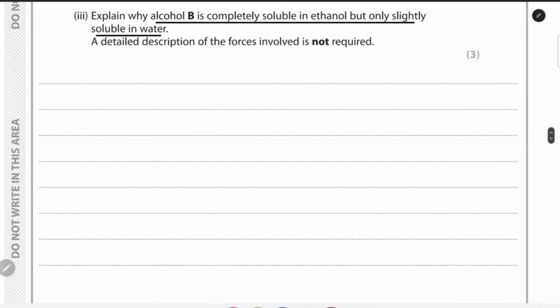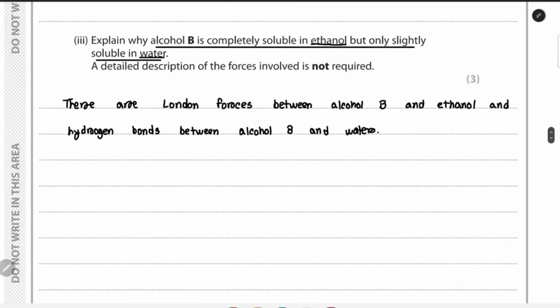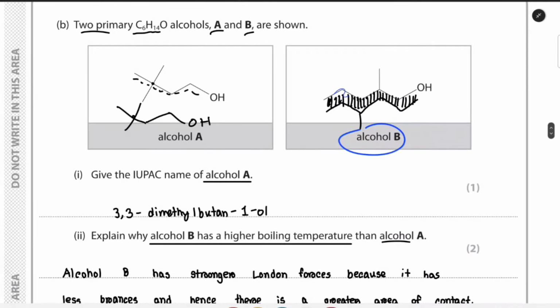So alcohol B will dissolve. We'll write that down, that the solubility with ethanol is due to the London forces, and the solubility in water is due to hydrogen bonds. Now usually we have learned that hydrogen bonds are generally stronger than London forces, but if we look over here,